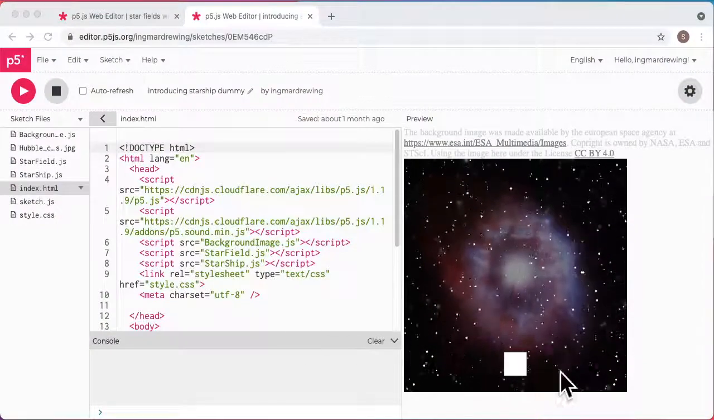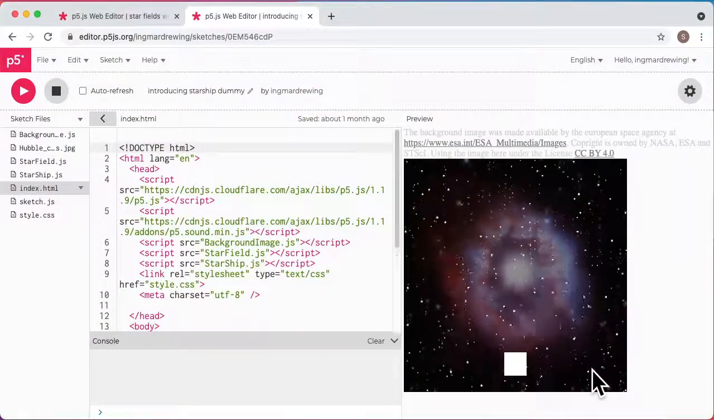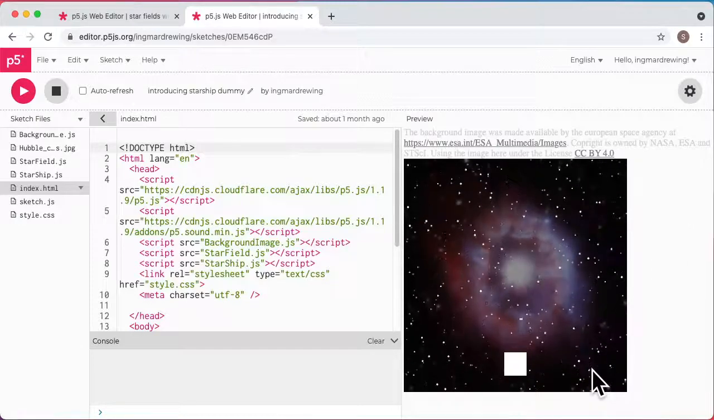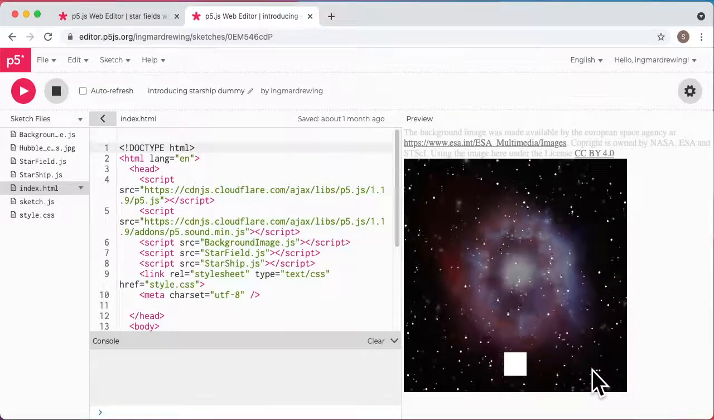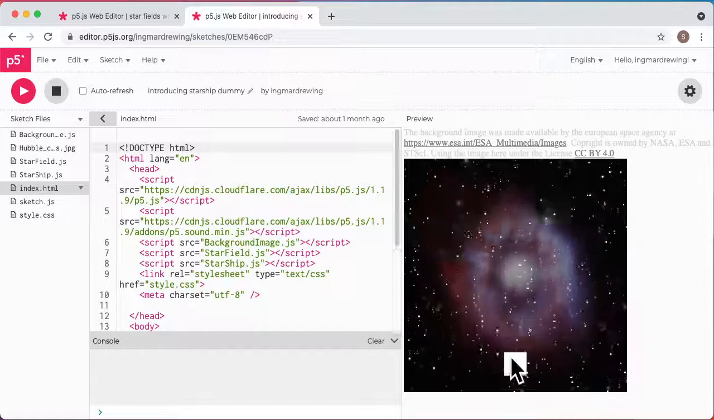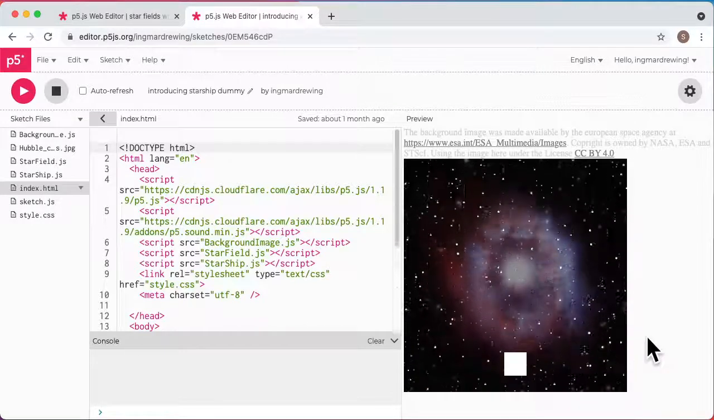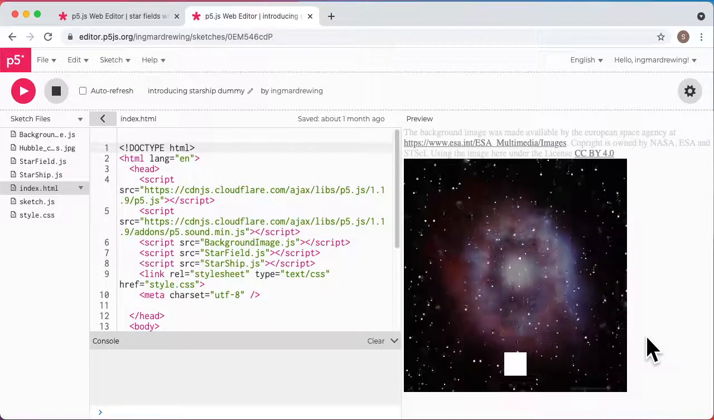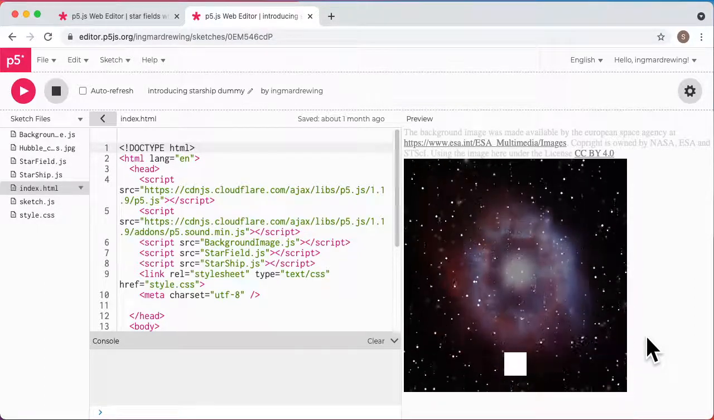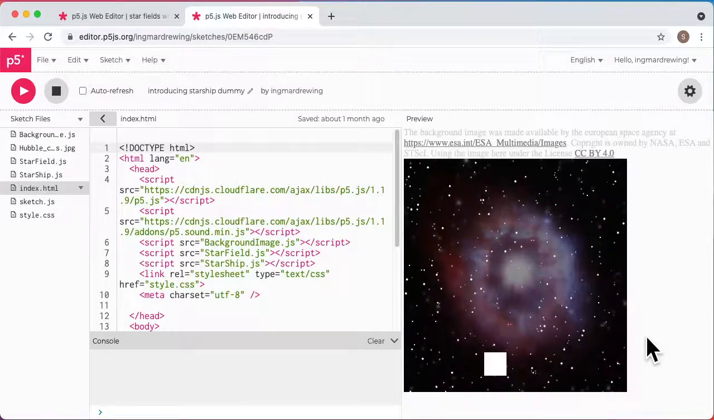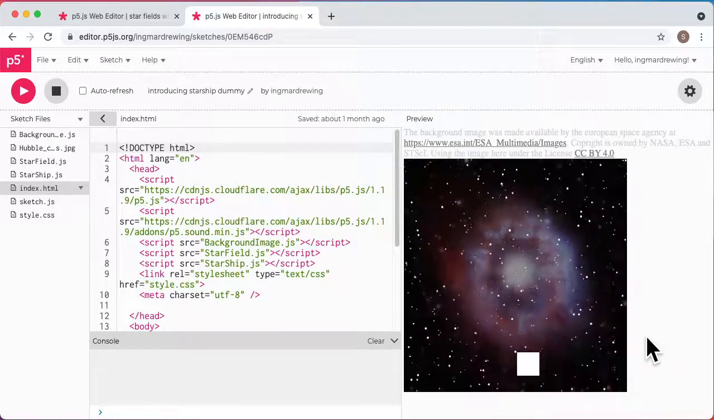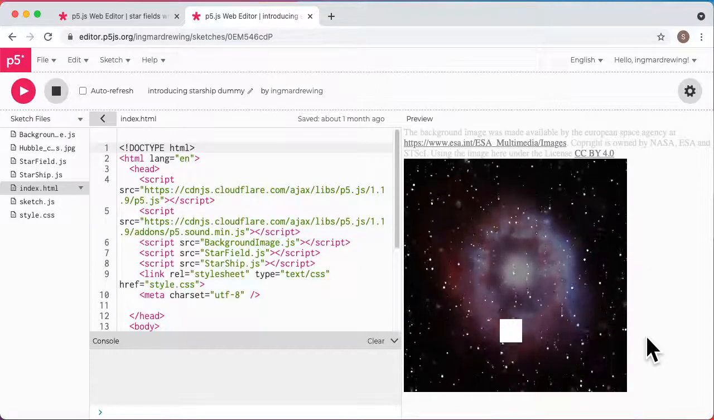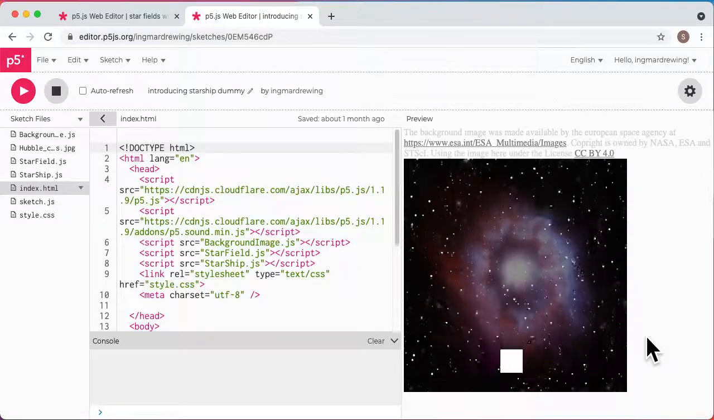Our little Starship game over here. And I prepared a little sketch using p5.js. As you remember, we already introduced the background and the scrolling star fields, and now there's a little white square in the middle of this sketch, and this is just a placeholder for our Starship, which we will introduce during this session. We can move this little dummy right now with the arrow keys,